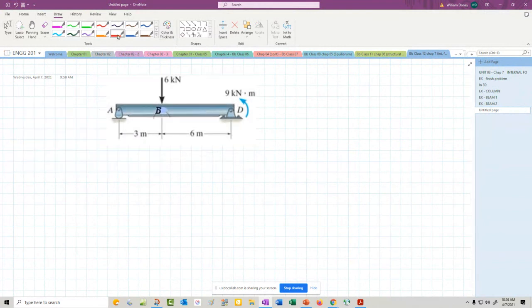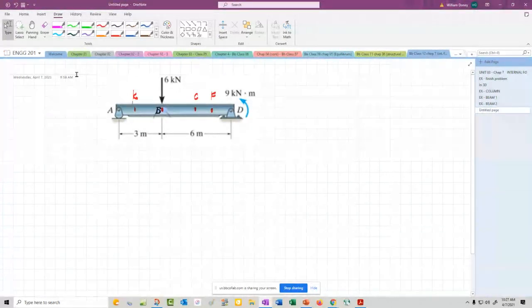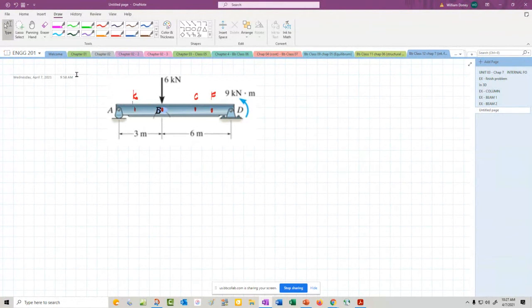In the beginning, we did this problem and we found out what's happening at B. I could also ask you what's happening at C or F or K, because we want to find the point that has the maximum bending moment or the maximum shear, because if we find out where the maximum is,